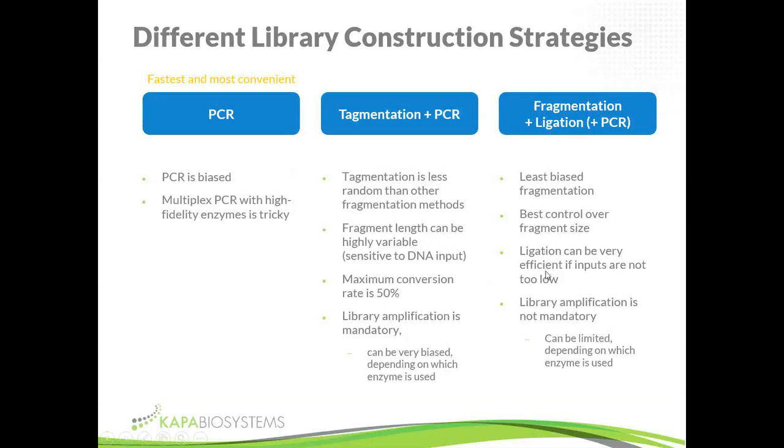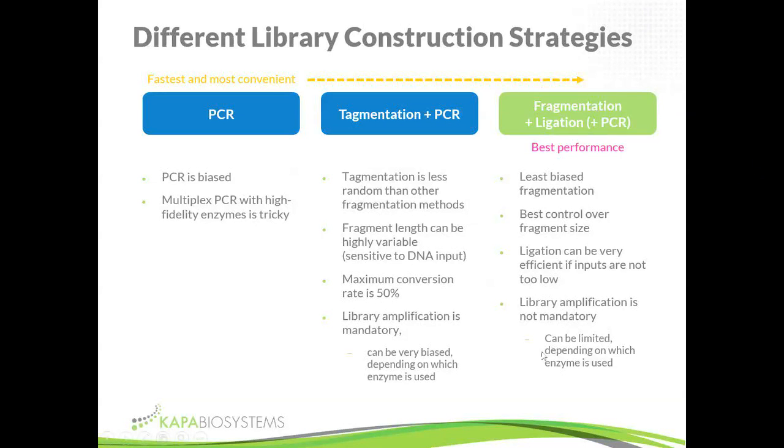And one of the advantages of this sort of strategy is that library amplification is not mandatory, and it can be limited, depending on the details of the process. And so, traditionally, although fragmentation and ligation is the least convenient, with the longest turnaround times, it is definitely the library construction strategy that leads to the best performance, or the best library quality and sequence, best use of sequence capacity in the end. And so what we've been doing at Kapa is focus very much on ligation-based library construction, and our